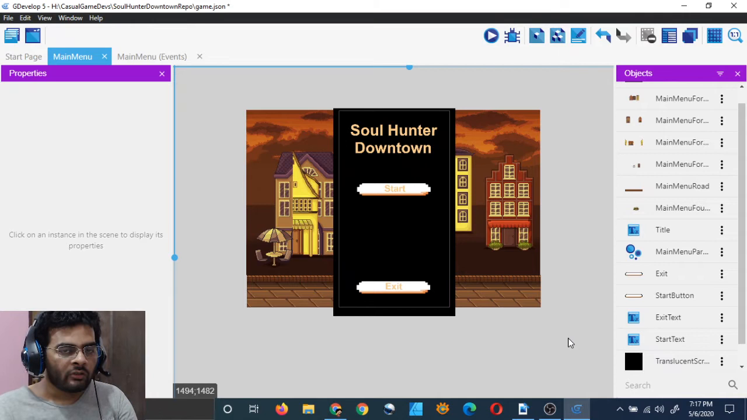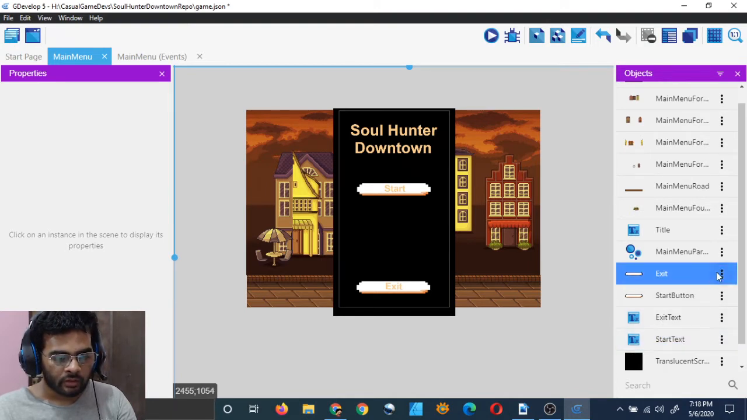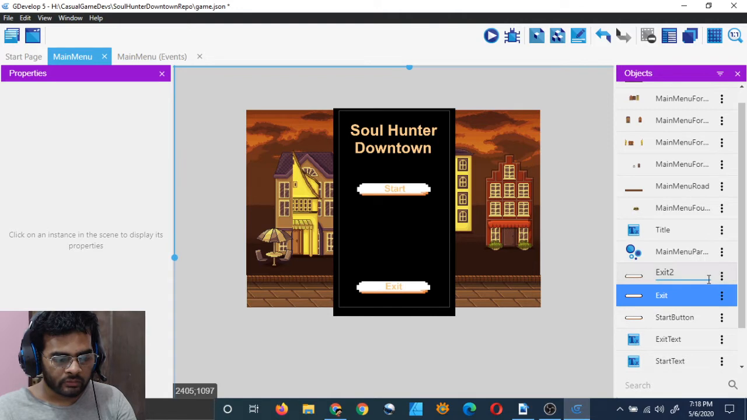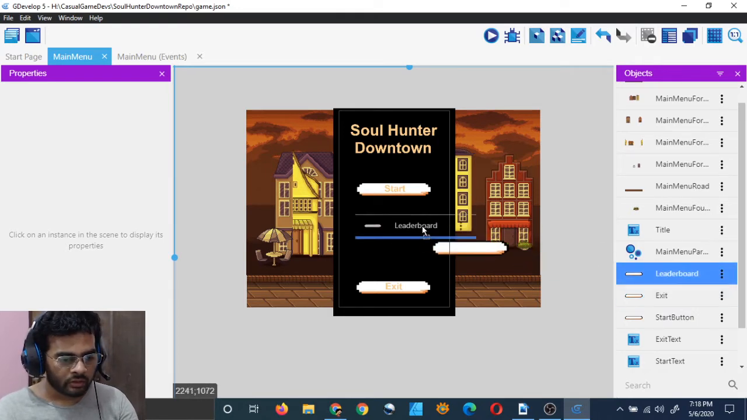So I am also planning to make a leaderboard and an account system. So I will add those buttons, although they will not do anything right now, but let's add them. Now again duplicate this and call it leaderboard, and just drag it over here